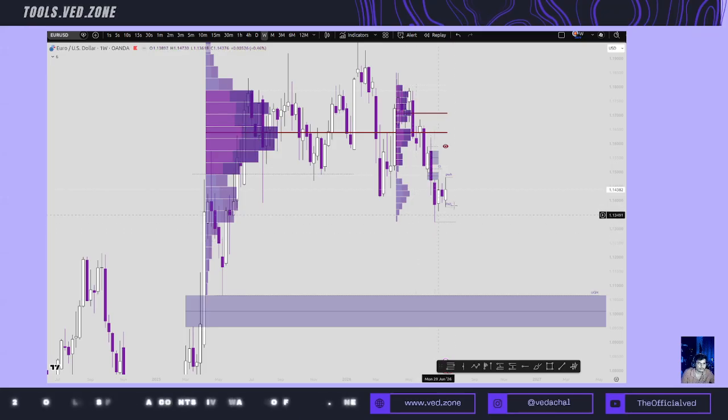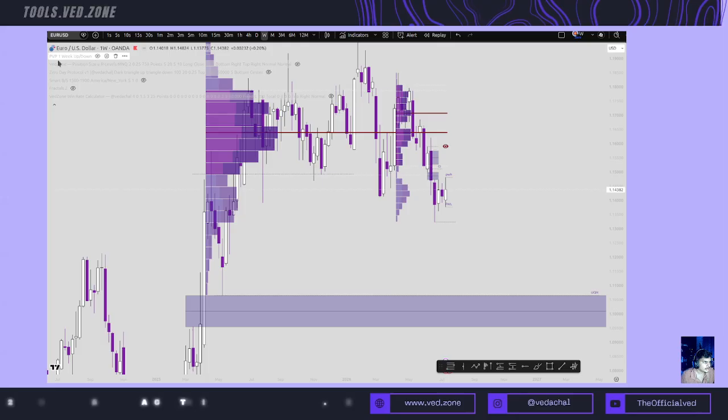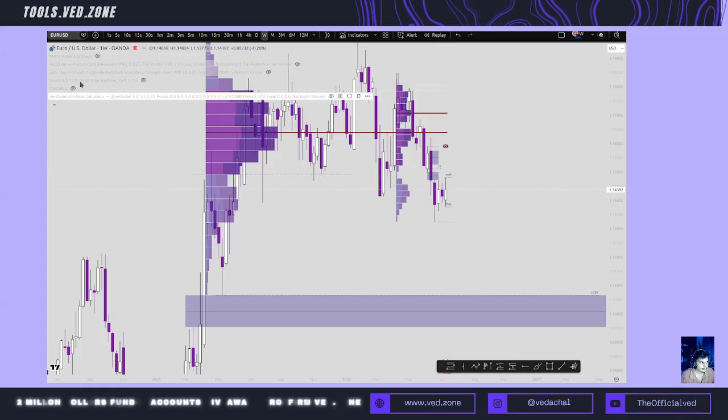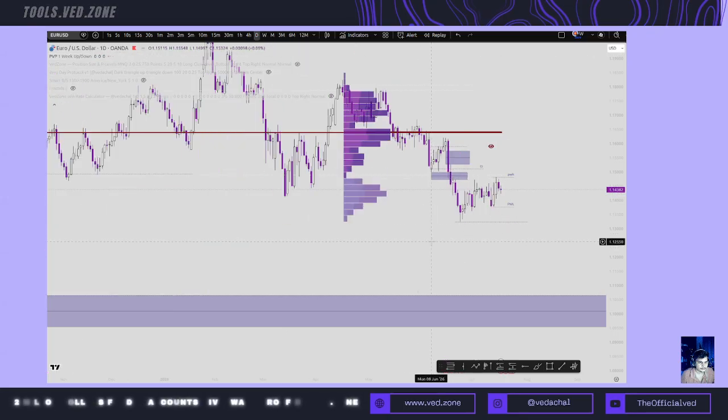So that's as per the EUR/USD plan. And now let me show you the tool named PVP, which stands for periodic volume profile. So we can draw the volume profile based on the period. For example, let's just turn it on and go to the daily chart,